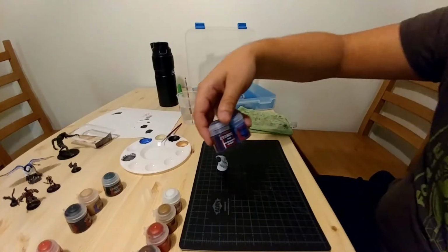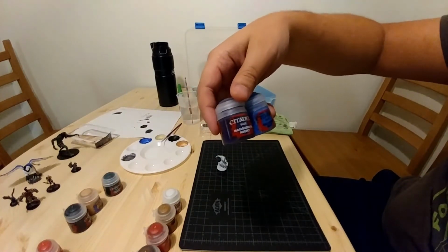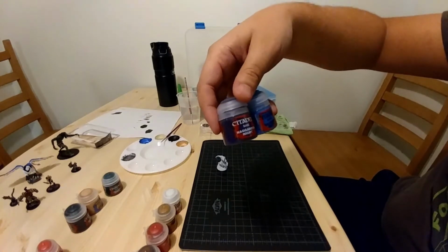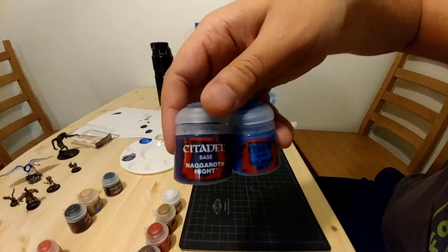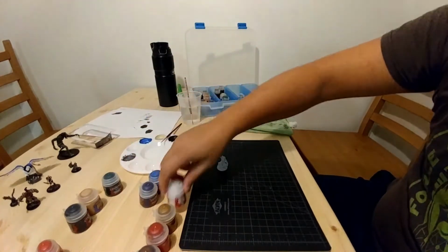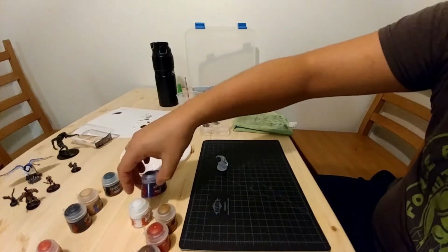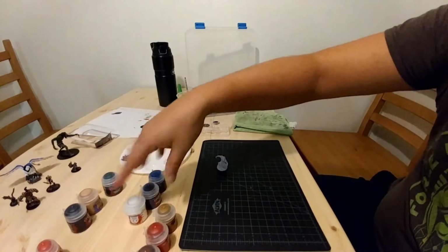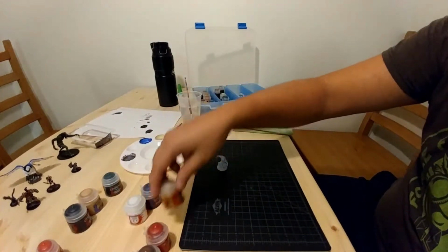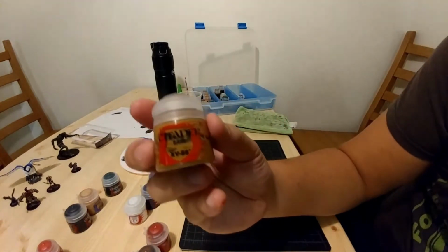But I wanted to mix it up with a little purple, so I'm going to go with a 1-to-1 mix of Caledor Sky and Narraroth Night. You can see that right there, Caledor Sky and Narraroth Night. Ceramite White for the teeth. I obviously try to get those pearly whites shining in contrast to the relatively dark fur and skin color that I've got going on. Using some XV88 to try to